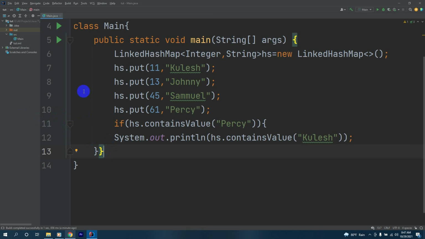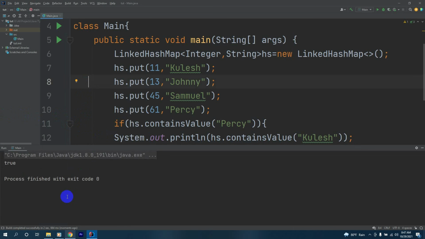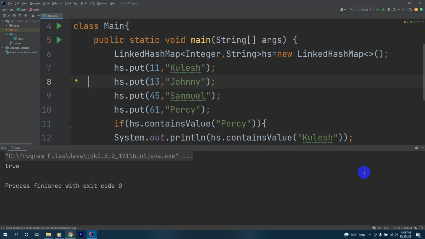Let's check if this returns true or false. It returned true because our linked hash map contains Percy. We got this output as true because these values are present, so because hs.containsValue had Coolidge, we also got our output as true.